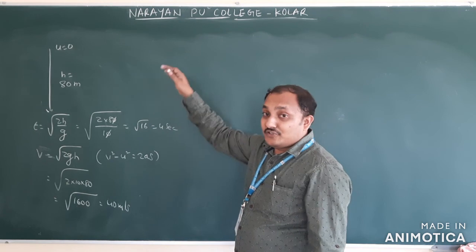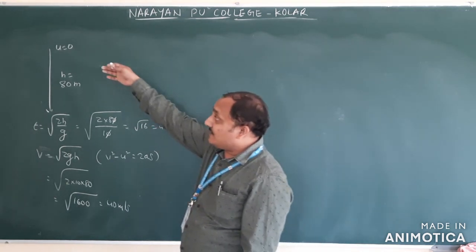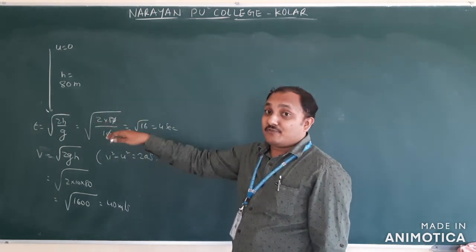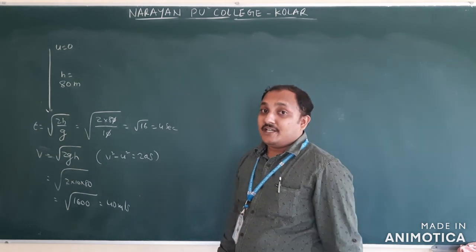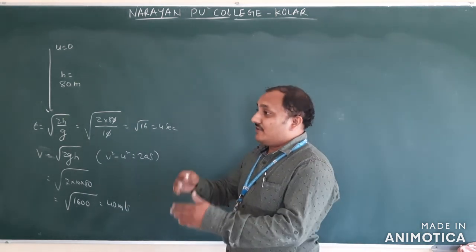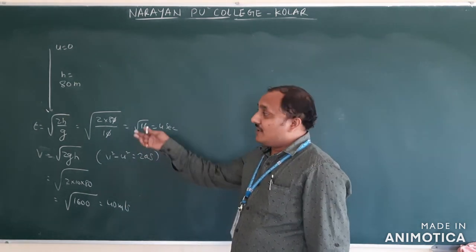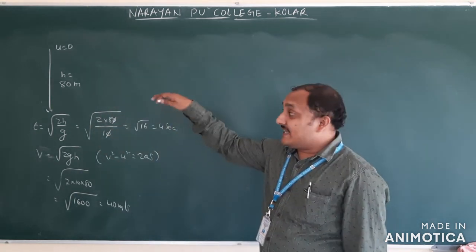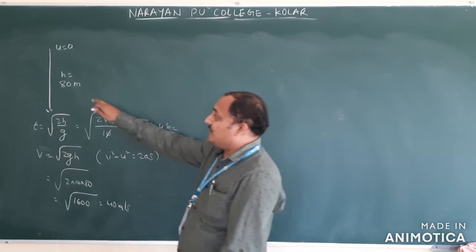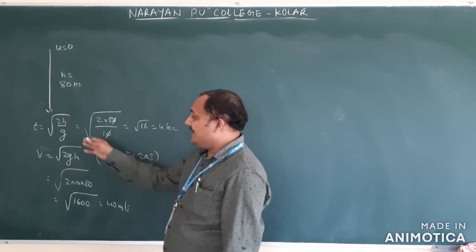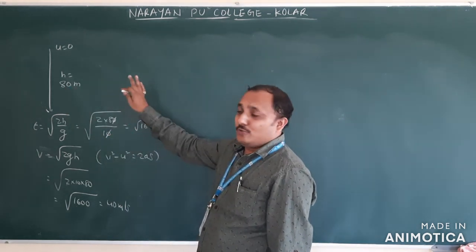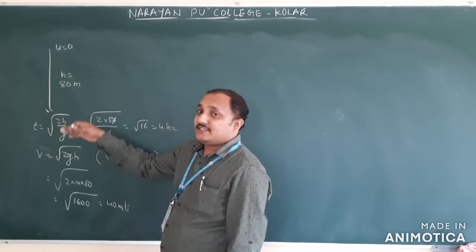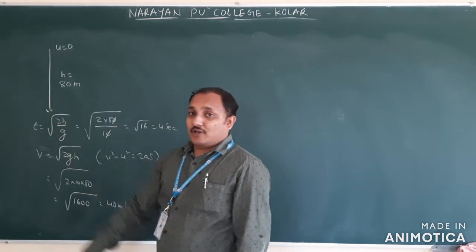If you are recalling those equations, then after seeing the problem you will know which equation we have to apply. That depends on your practice. If you are solving one by one, you will also do it very fast. And whenever you want to practice the same problem, change the numerical values. 80 you can take 90. If you don't get the square root exactly, no problem. Whenever we are changing values, that is the practice on the same one. Okay.